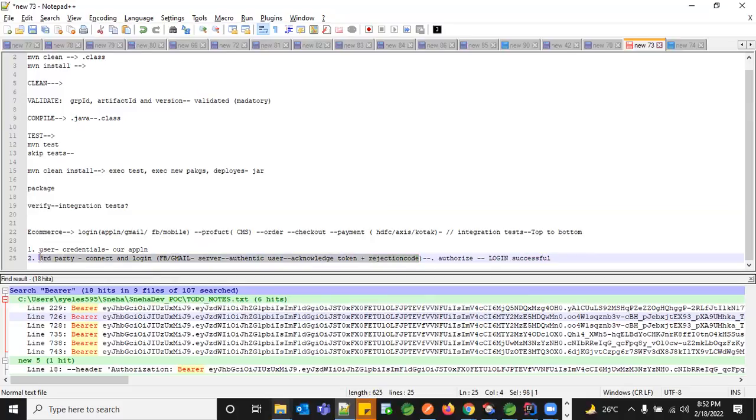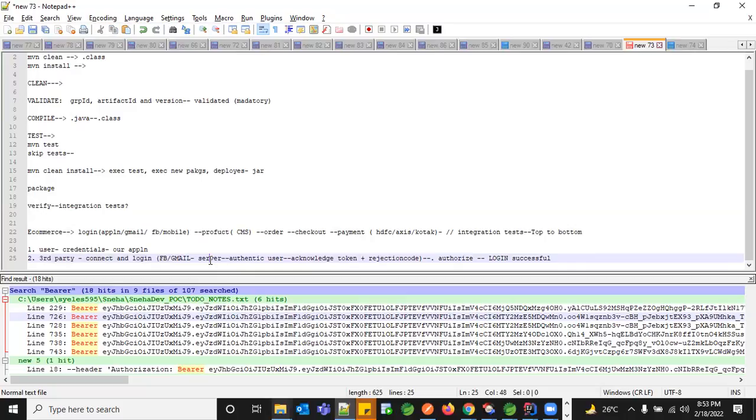So how do you do this? Based on the user ID, you have to validate this user, because some users will give x@gmail.com, but you never know whether x@gmail.com is present or not. So every time you're dependent on the third party server to make sure it is validated. You need to hit the Facebook server and get the response.